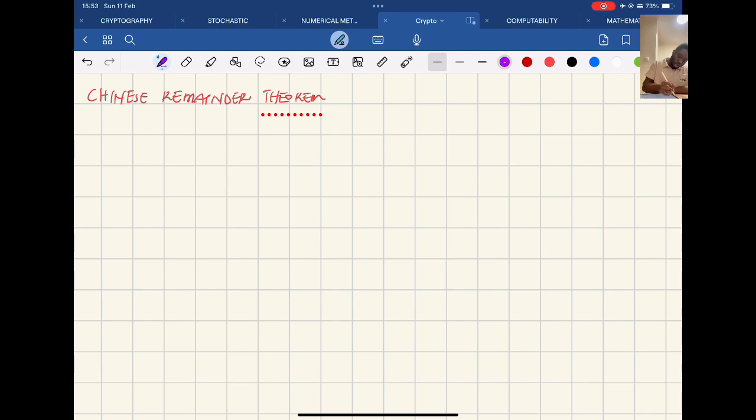That's the theorem. Let M1, M2 to Mk be integers greater than 1. If M1, M2 up to Mk are pairwise co-prime,